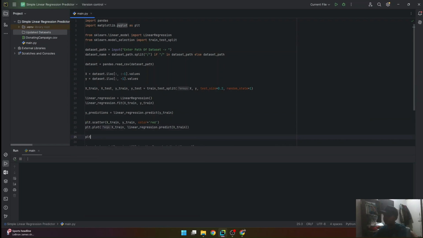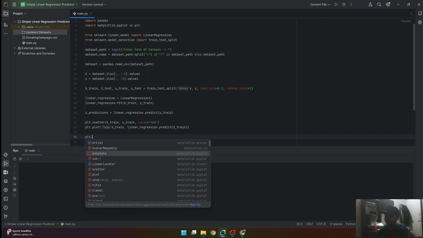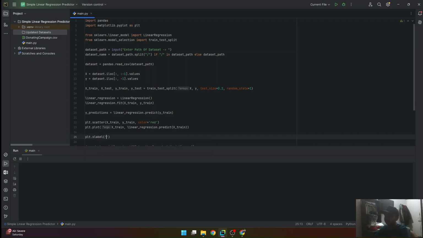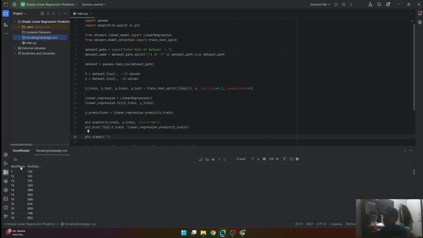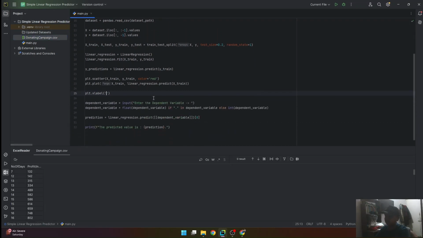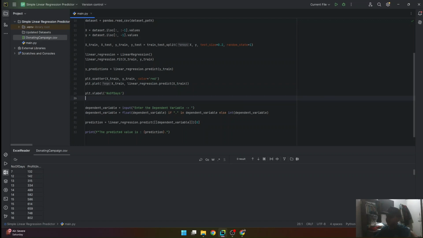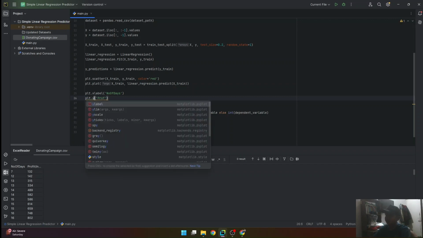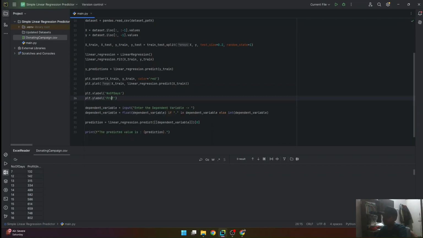Then for the labels of x and y, we're going to say plt.xlabel, which is donating campaign number of days, and then plt.ylabel is profit in dollars.